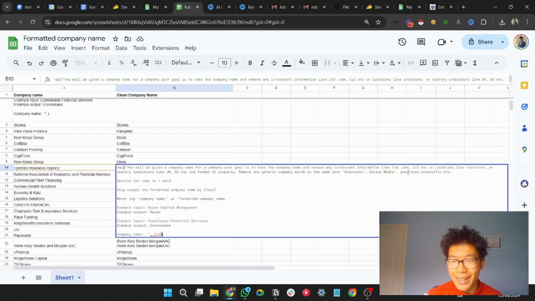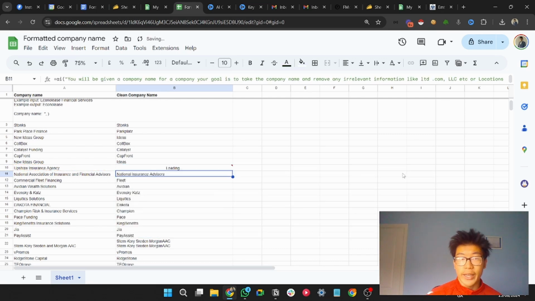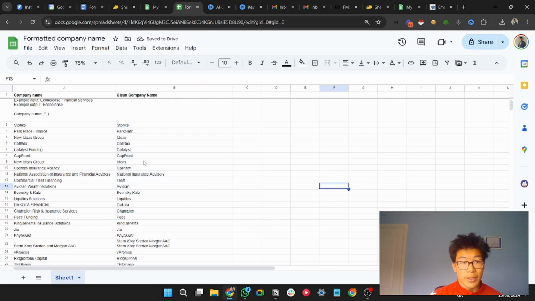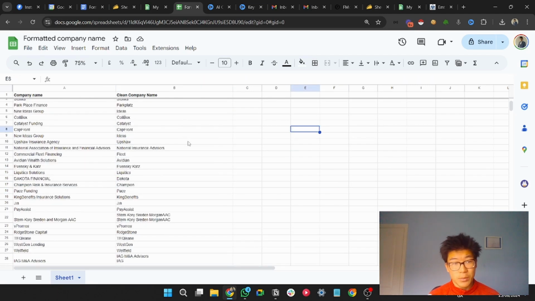Oh God, bad example. But all you do is basically you take this and the goal is to try and get it to have the correct output that you want. So it'll do about 80, oh there you go. So now clean that. So it'll do about 80 to about 90% of the list pretty well.